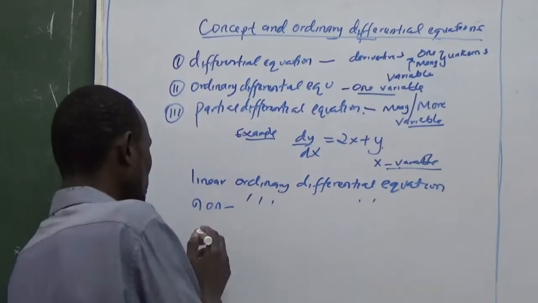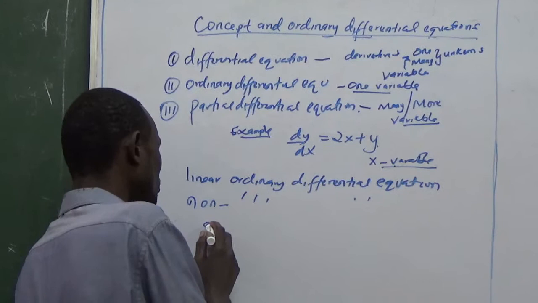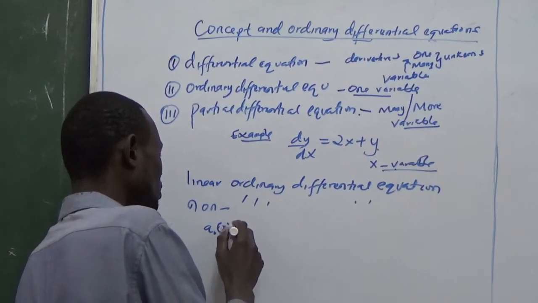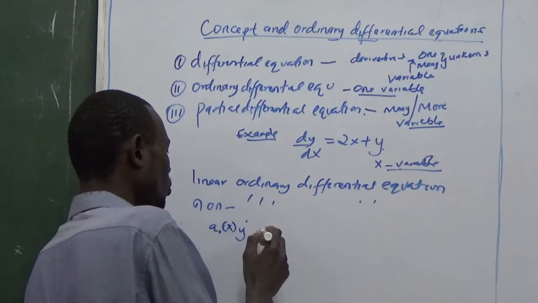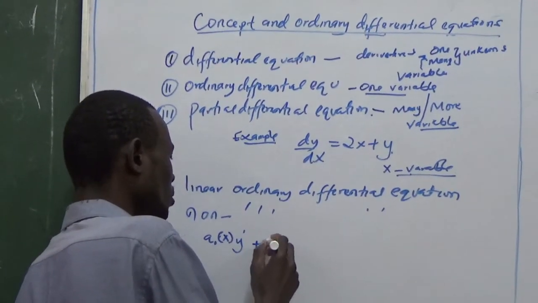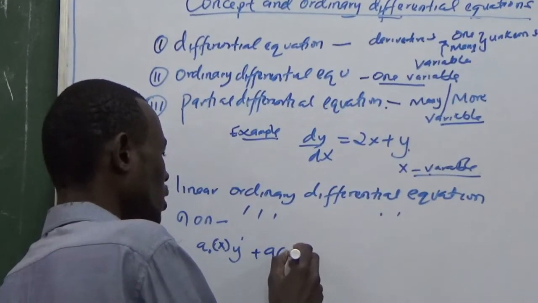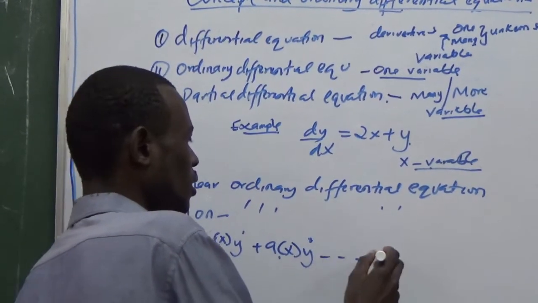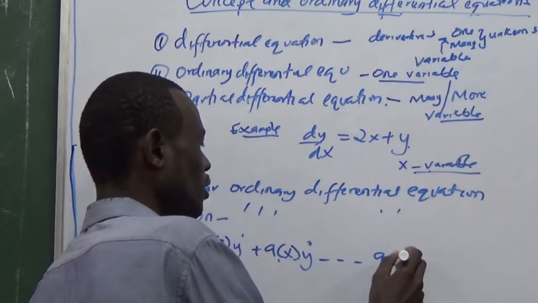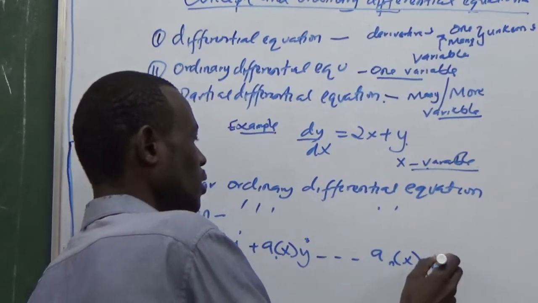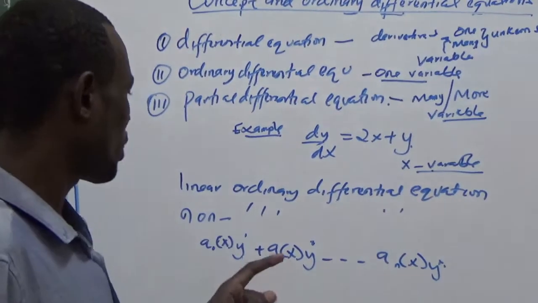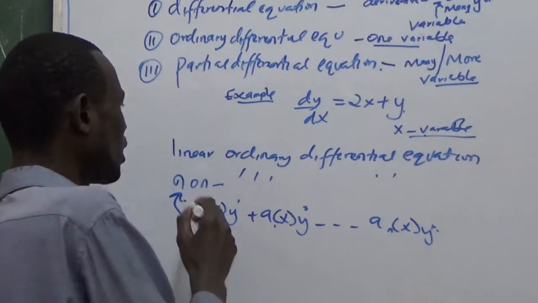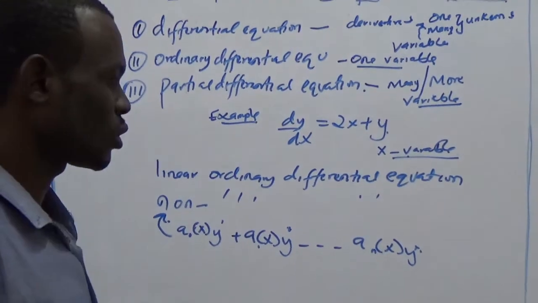Simply, these are equations which can be written in the form a0(x)y^(n) plus a1(x)y^(n-1) and so on, plus an(x)y equals f(x). So when an equation is not written in this form, it is said to be a non-linear ordinary differential equation,